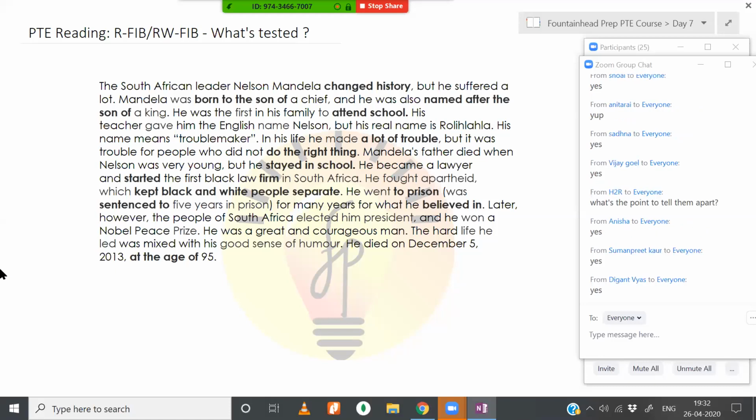What is the point of telling them apart? That's a practice. If some of you are not okay, H2R, what is your name? I will request all of you to rename yourselves to your proper names so that we can have a proper discussion. If you are able to tell them apart, your ability to identify a collocation, and therefore even answering certain questions that test your collocation knowledge, will improve. That is the whole point. Does that answer your question, H2R?